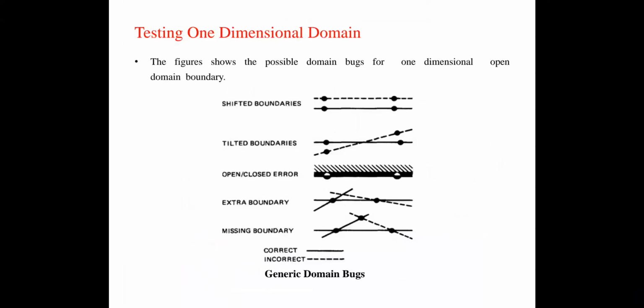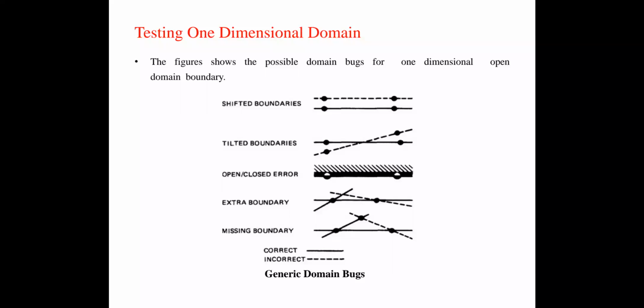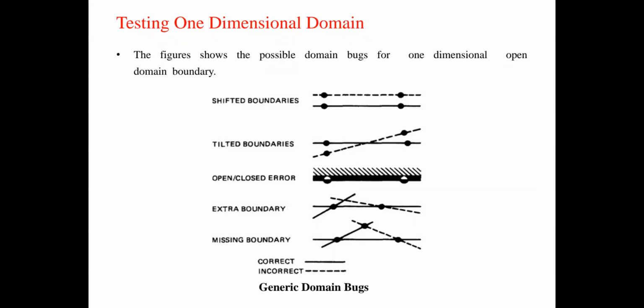So next we will do testing on different domains. Testing on one-dimensional domains. Domains can be represented in one-dimensional format as well as two-dimensional formats. We will do domain testing on both. First, a one-dimensional format is represented as a single planar domain, with the closures in between.